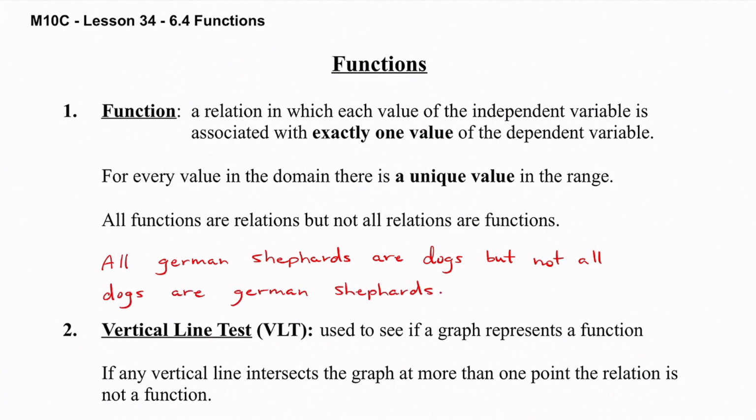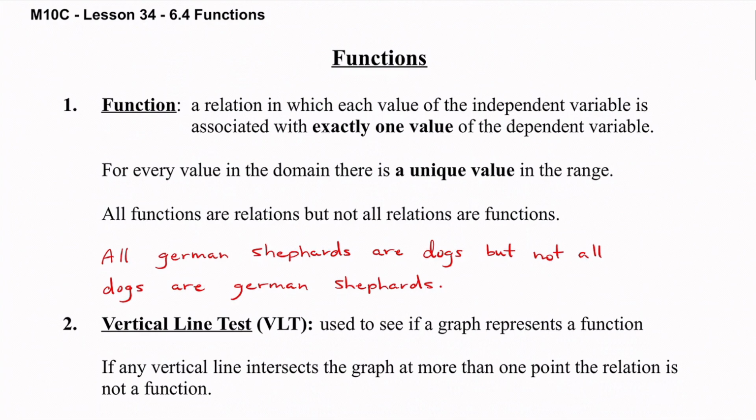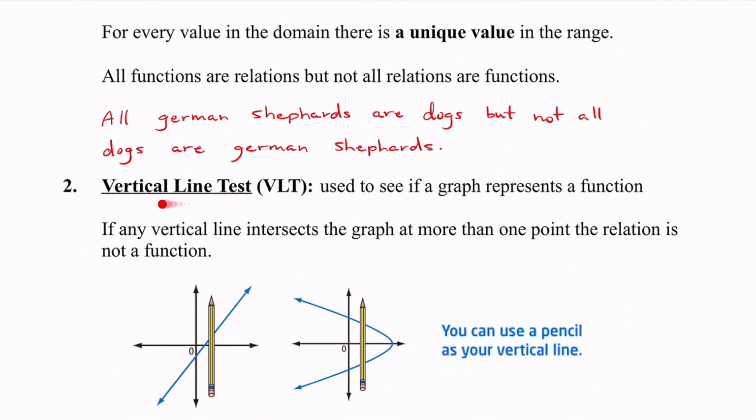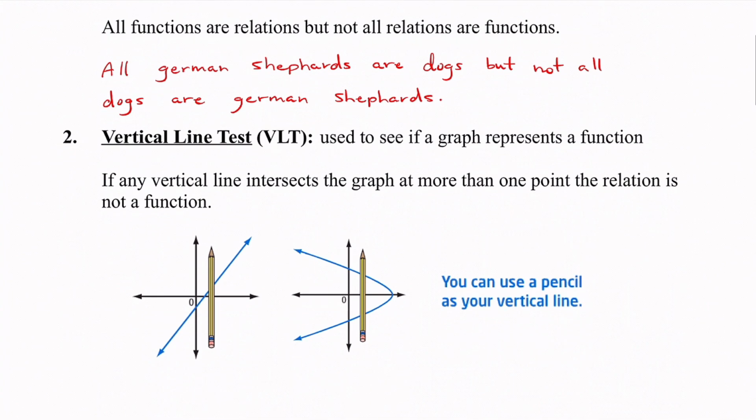The way that we're going to be able to tell whether something is a function, whether it has this one-to-one property, is going to be the VLT, the vertical line test. We only use it to see if a graph represents a function. What we do is we take a vertical line. It says if any vertical line intersects the graph at more than one point, then the relation is not